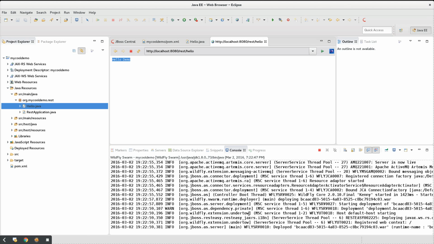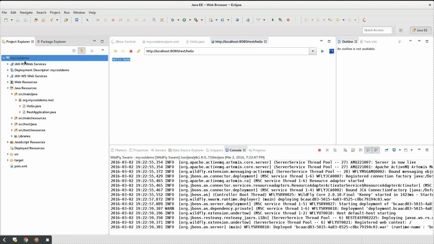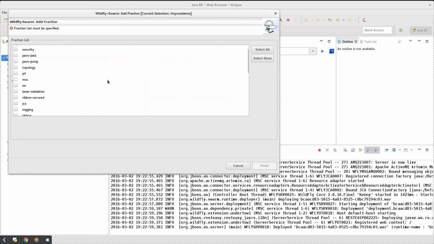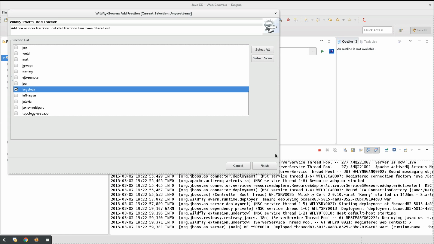The other features that we have is, for instance, if you need to add a fraction manually, let's say so. For instance, I want to add Keycloak support, so I need the Keycloak fraction. I just go back to my project here, and if I check in Swarm, I get the add fraction command. And here I will have a list of all the existing fractions. And if I check for Keycloak, for instance, where is my Keycloak? It should be somewhere here. Keycloak here, here it is. I click it. I click on finish,